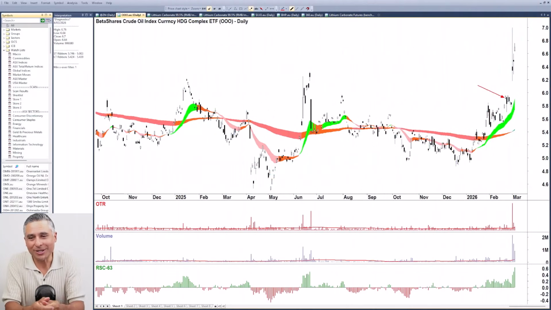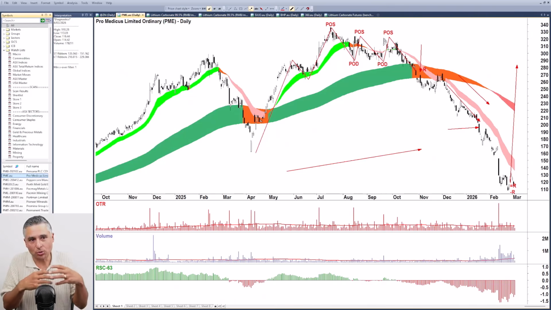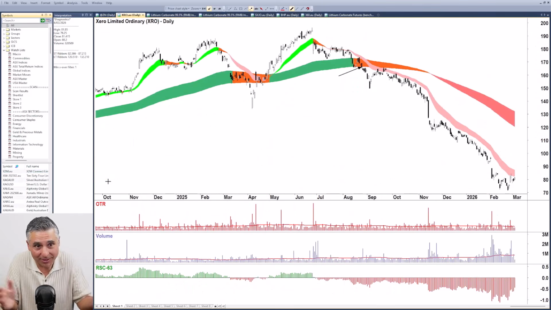A really interesting question. I normally save it for after session, but I thought it was too good. HK saying, using the charts, are there ways of spotting persistent shorting of a stock? For example, algorithmic trading, selling activities. And yes, there are. For me, the candles are the best. So if we go to something that has been shorted the hell out of, like a PME or a zero, for example,